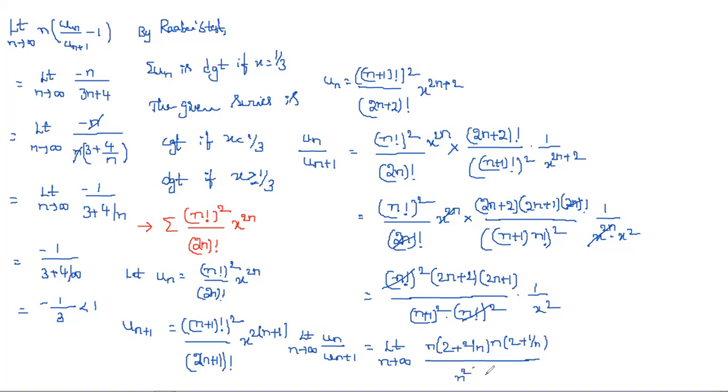If you take n as common, n square into (1 plus 1 by n) whole square into 1 by x square. So here n square and n square both cancel. Now if you substitute the limit, n as infinity, 2 by infinity is 0 and 1 by infinity is 0, 1 by infinity is also 0. What about the remaining? 2 into 2 is nothing but 4 by x square. So 4 by x square we got it. So simply what we can write? Summation un, of course, by the ratio test